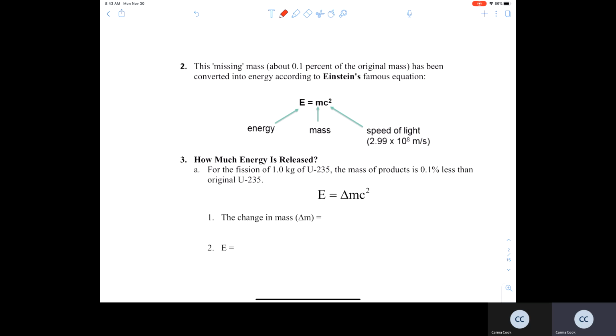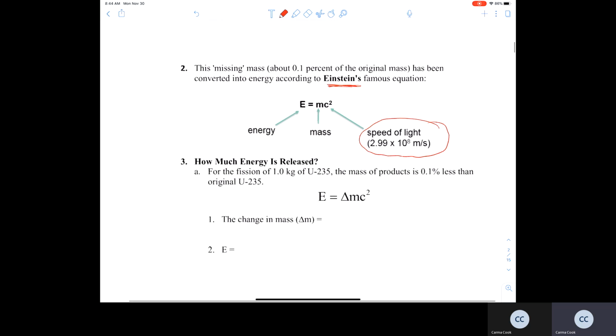And that energy is going to be equal to, according to Einstein's famous equation, the mass times c squared, c being the speed of light. We learned that quantity back in our chapter on electromagnetic radiation. The speed of light is equivalent to 2.99 times 10 to the 8th meters per second,